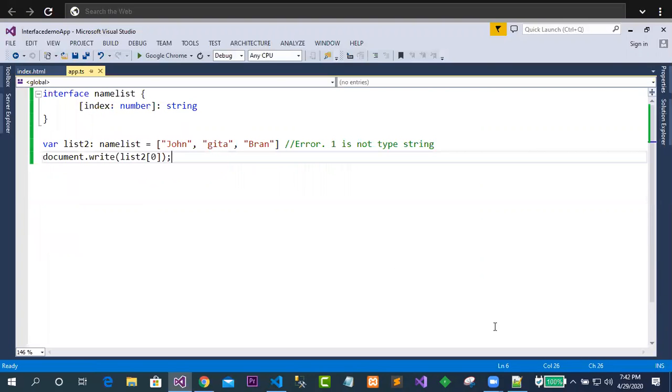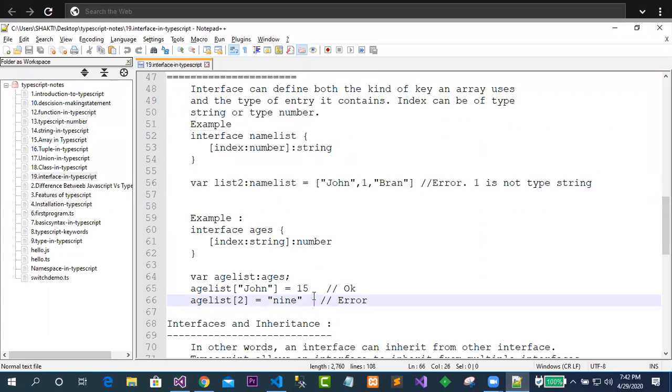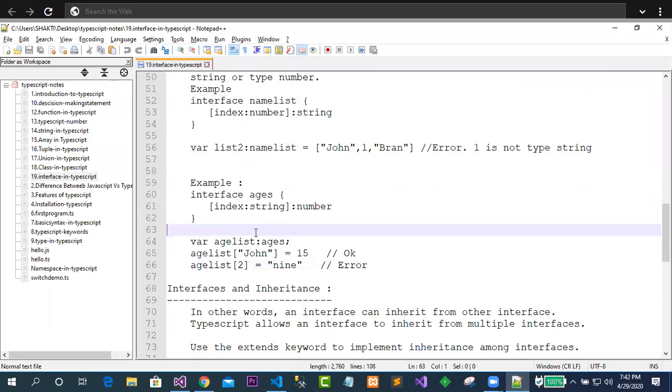Okay, so this is one kind of example, but in the second example, just try to observe now. Now you just tell me, what happened to it? Can you please tell me guys, what is the meaning of this one? Exactly guys, don't be confused with the index. In this case, this is called a key and this is a value. Don't be confused with these things. Here also you can consider this as a key and this is the value.